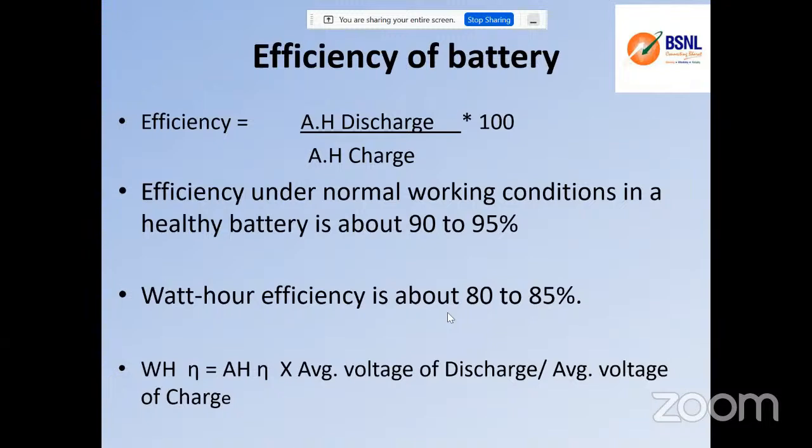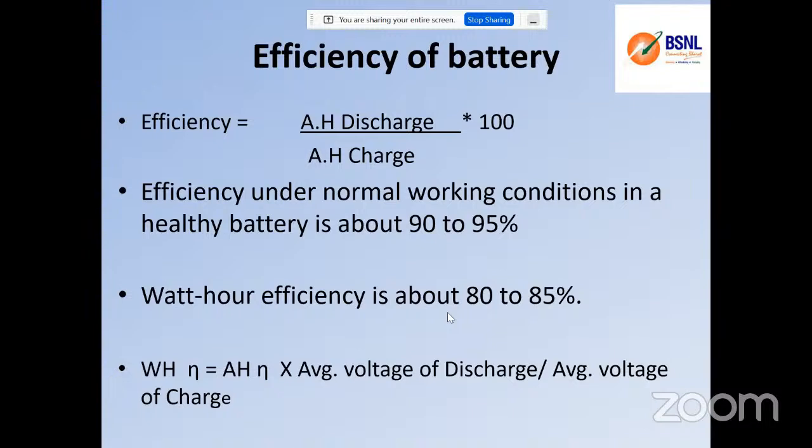One more term I would like to mention in this battery part is DOD, depth of discharge. We should not drain the batteries to the bare minimum level, or completely drain them. Then they will lose their regaining capacity and cannot regain their nature. So there is a term called depth of discharge. If I am reducing the discharge level from 100% to 60 to 70%, then there should be provisions to isolate the battery. If it keeps on discharging down to 25 or 10%, then the battery will lose its life. It cannot regain it. That is the term called depth of discharge, DOD, they say.